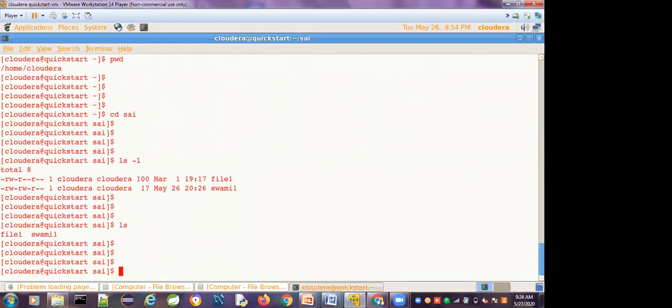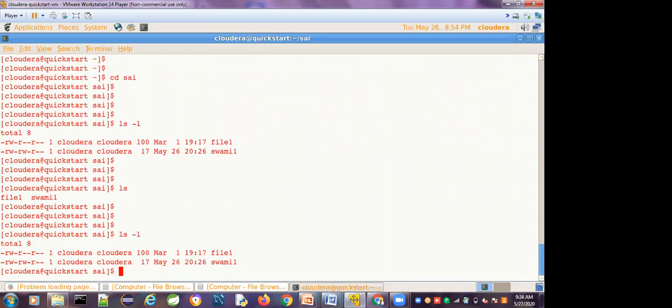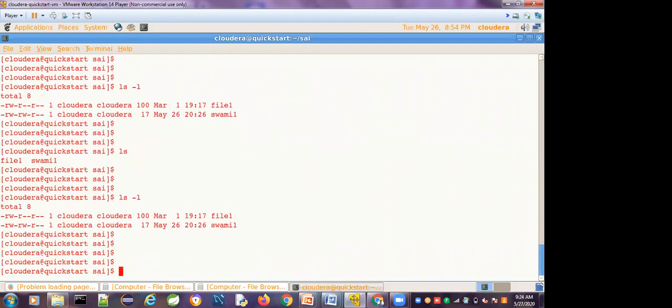So ls is a command used to list the files and directories. ls -l lists the files and directories in the long format. What is meant by long format? It gives clear, detailed information. Usually a file has 7 properties, 7 fields. The first one is taken as the file type.